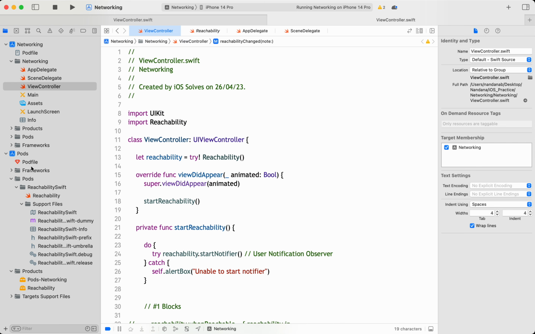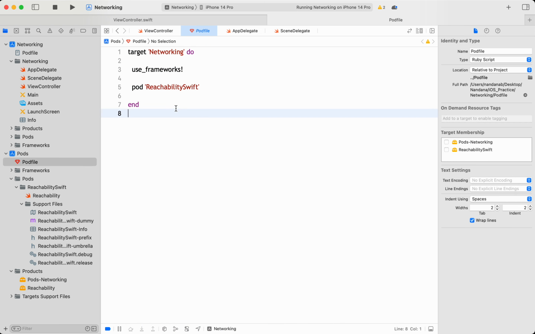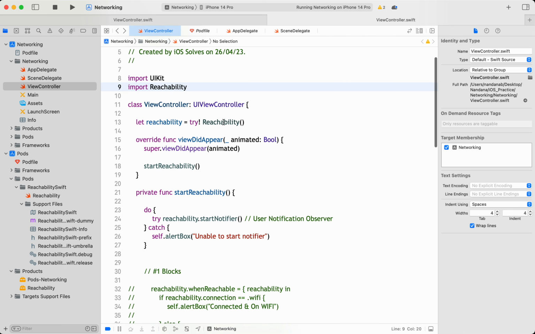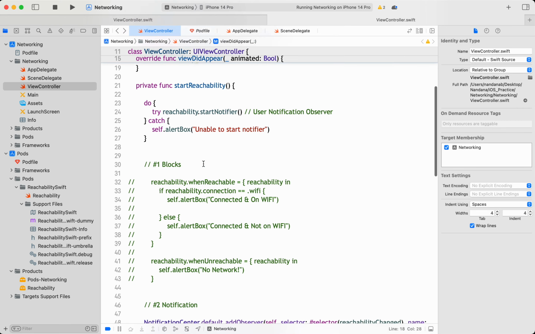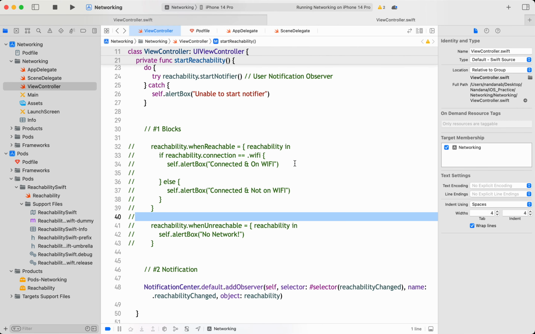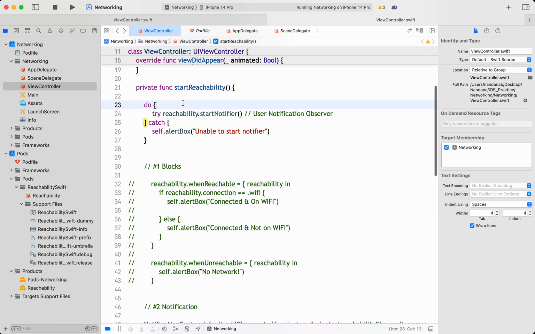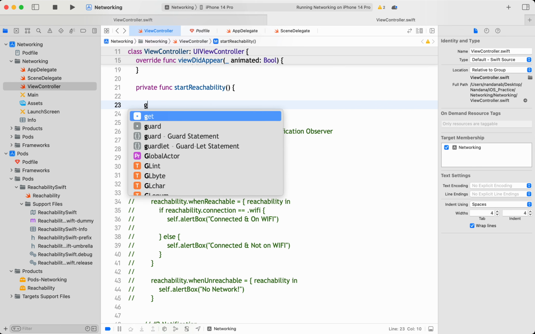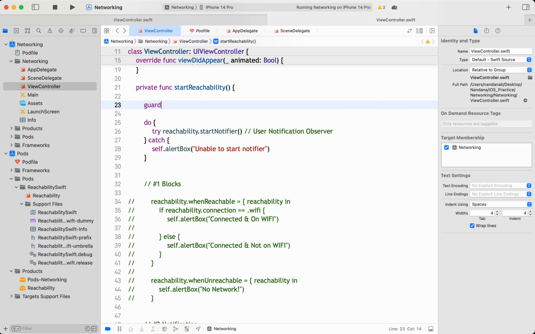So pretty much that is it. You need to have this pod, ReachabilitySwift. That is the first thing. You need to import the reachability wherever you want. You need to create an instance of reachability. Then you need to start observing. You can start the notifier. Across the application, only at one place, I think it is needed, not everywhere, the start notifier. So actually, to be frank, what we can also do is